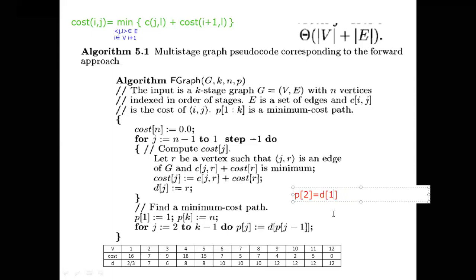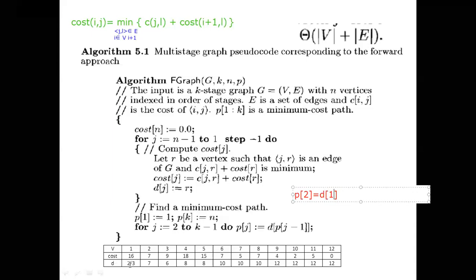Yes. What is D of 1 value? Definitely D of 1 value is 2. That one is going to come as P of 2. I hope it's clear. First we will visit 1. Next we will visit 2. How? P of 1 is 1 means first we will visit 1. Next path is 2, it is going to be stored. For 2, D of 1. What is D of 1 value? It is 2, we are going to visit. From 2, what is the next value? We got it.